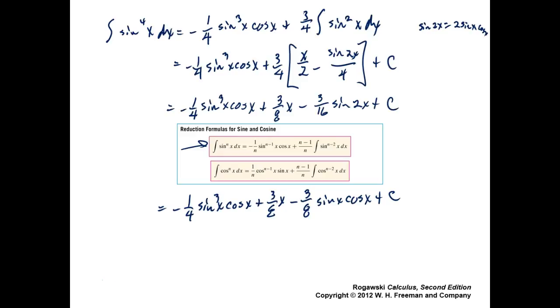But if both are even, which is the case in the next one we're going to do, either use the double angle formulas repeatedly or convert the integrand into an expression entirely in terms of sine or cosine, and then apply the reduction formulas. So you have two choices there. Okay? So let's take a look at